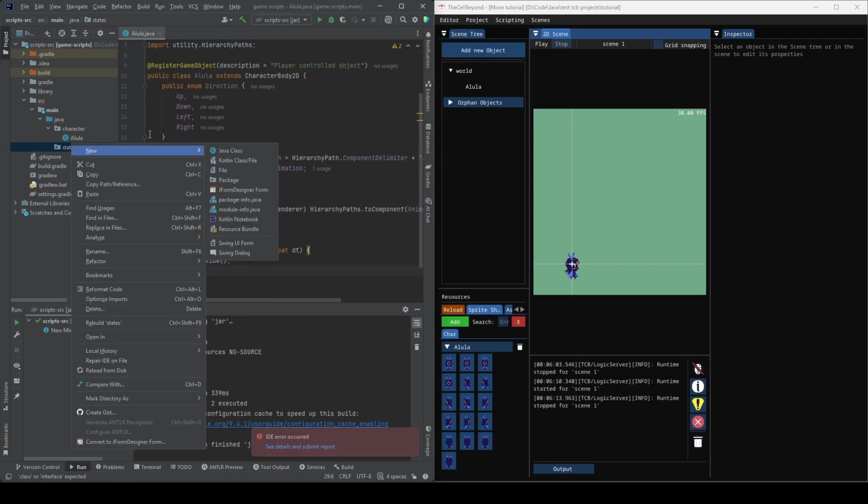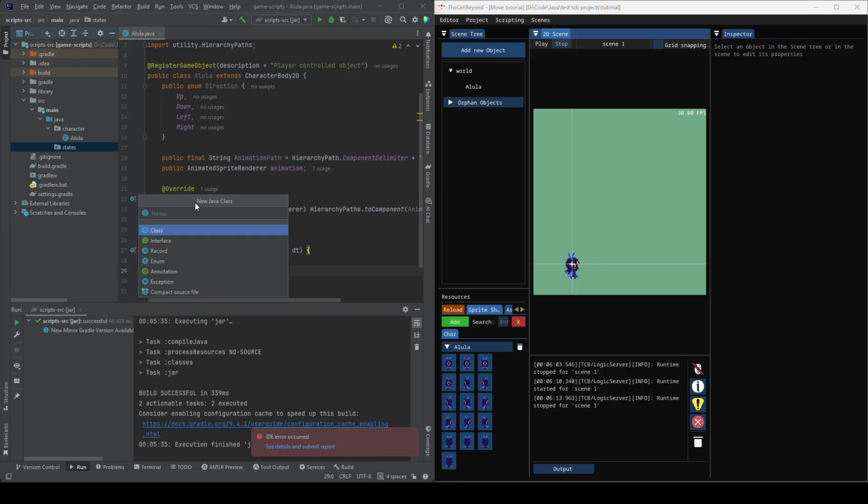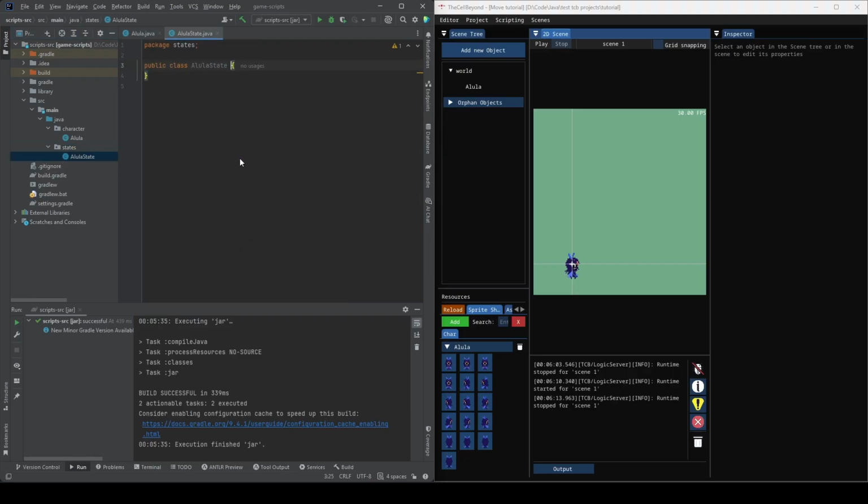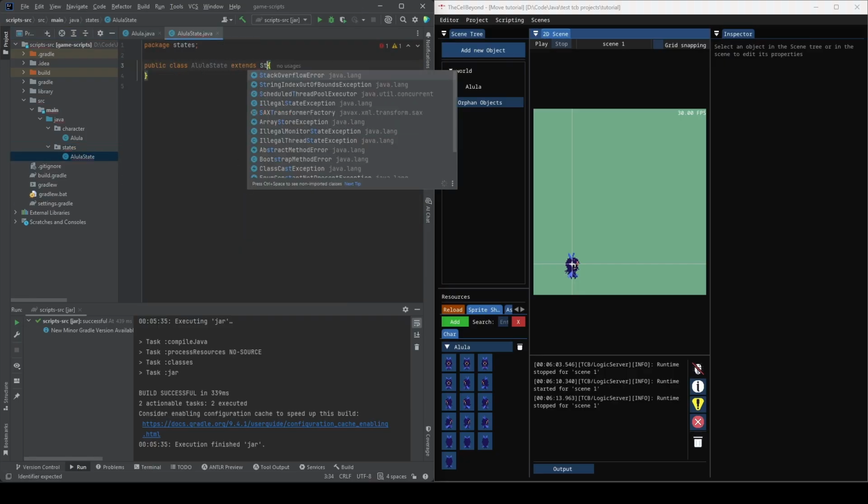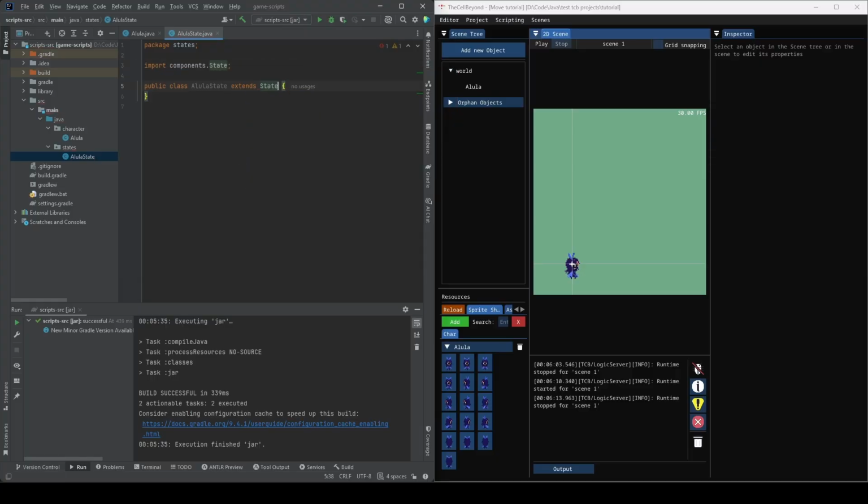Oh, I created the wrong type. Select that. Class not compact saw. Okay, not compact saw. Right. Sorry. Wait, I'll do that last. Okay, extend the state class. This one. Okay,